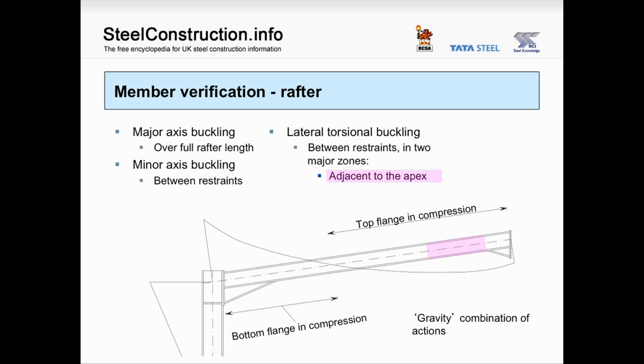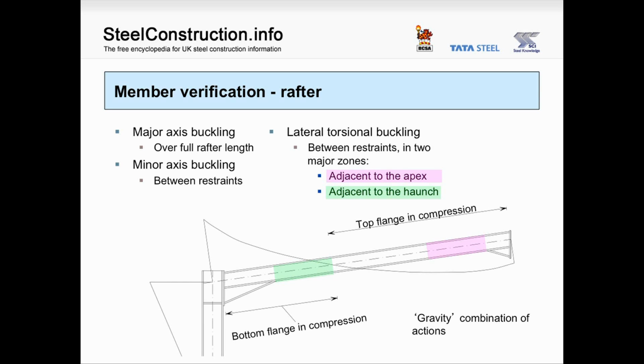Adjacent to the apex, where the bending moment diagram is close to being uniform, and adjacent to the sharp end of the haunch, where the bending moment is generally large but nevertheless is falling rapidly, and again we could take advantage of a higher C1 factor when we calculate the lateral torsional buckling resistance. Adjacent to the sharp end of the haunch, we need to be very careful and judiciously place restraints to the